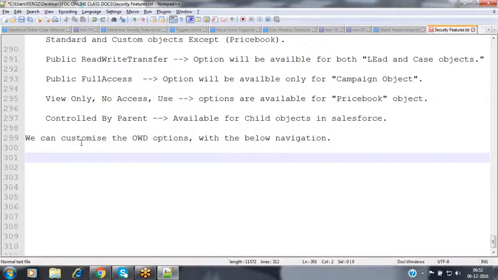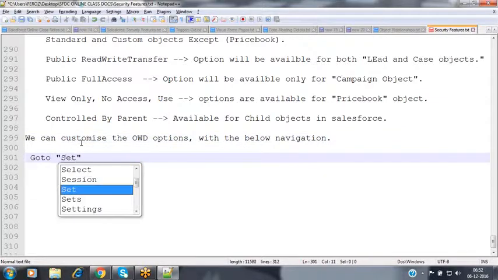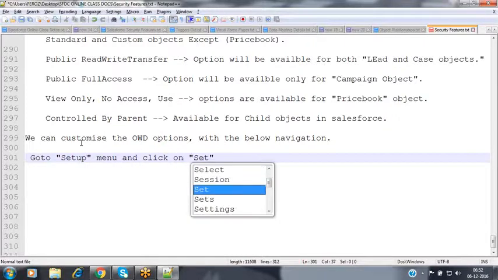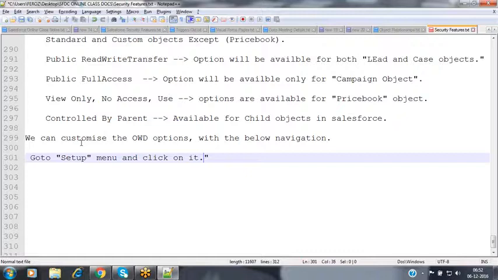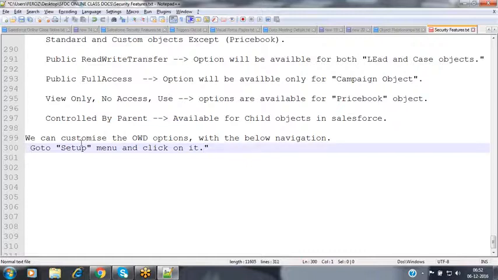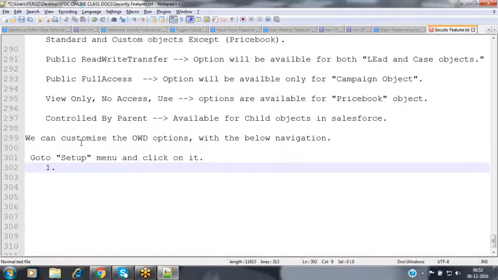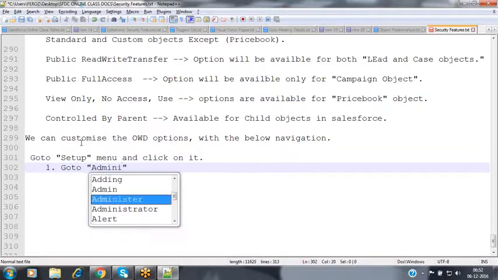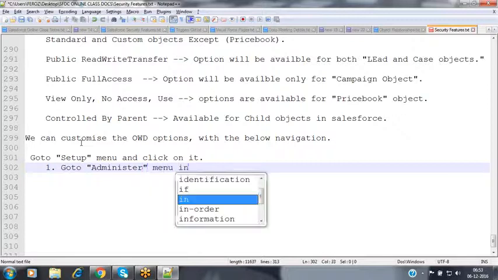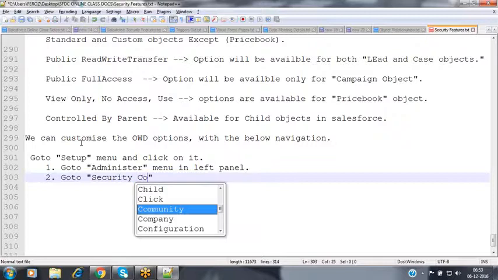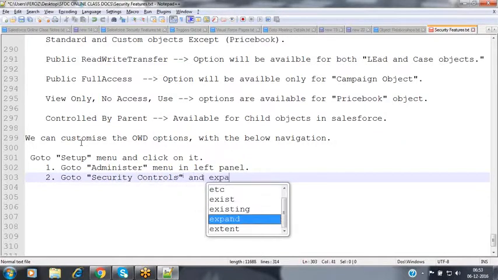For that we have to go to the setup menu and click on setup. Go to the administer menu in the left panel. Go to security controls and expand it.